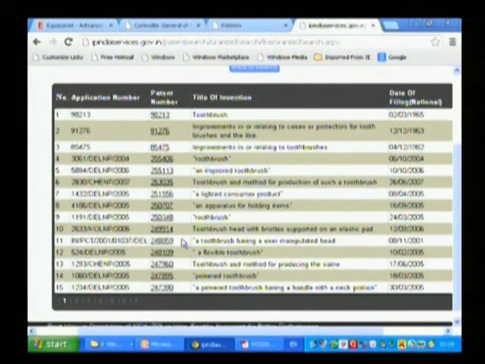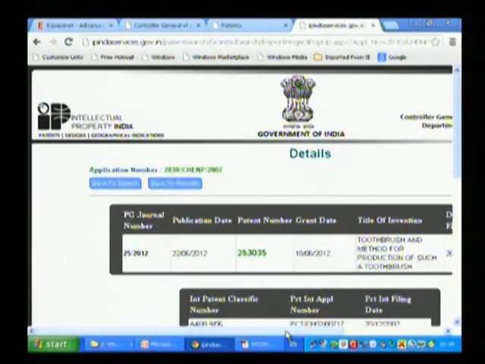Suppose I am interested in any one particular patent application. So I have to click on the patent number, right? In the second and third columns you can get a patent number. I just click on it, so I will get the first page,